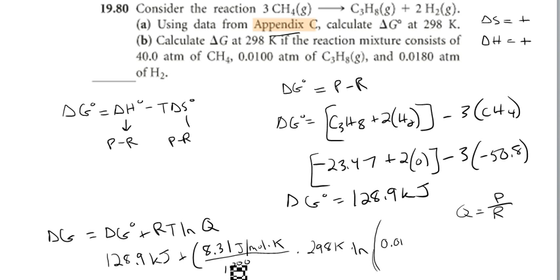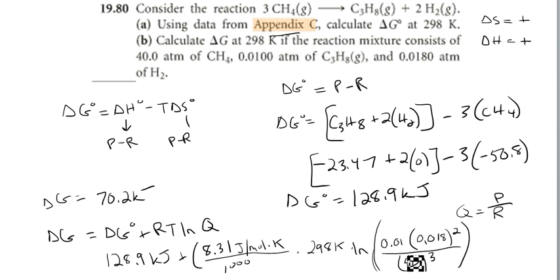So 0.01 atmospheres for C3H8, and there's no coefficient there, so we don't have to worry about it, times hydrogen's partial pressure, which is 0.018, but remember we have to square that because we're doing equilibrium, so we put a 2 in front of it, over reactants, and again there's a 3 in front of CH4, so we do what's given to us for CH4, the reactant, which we have to cube. And so if we plug all that work in, the delta G will simplify to